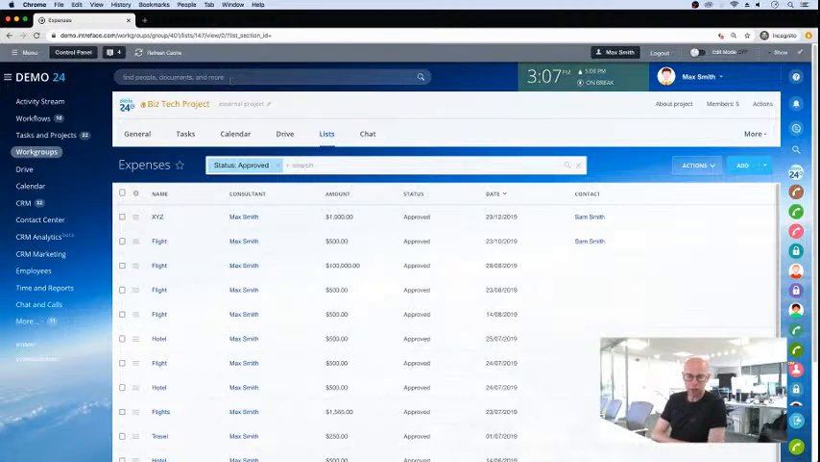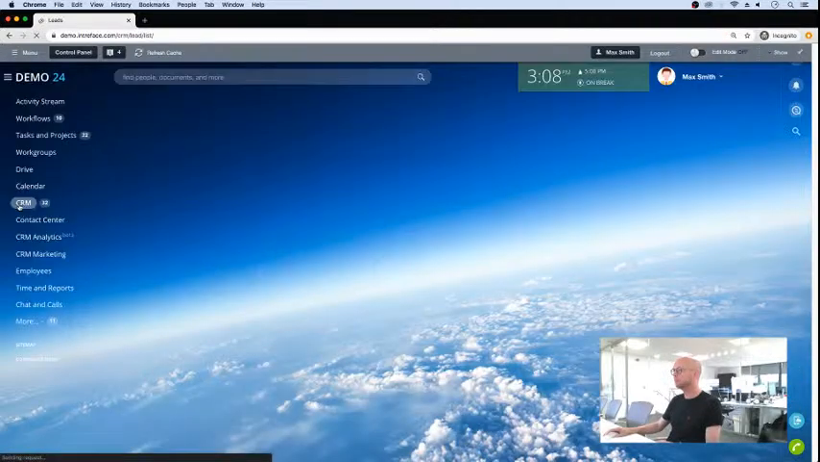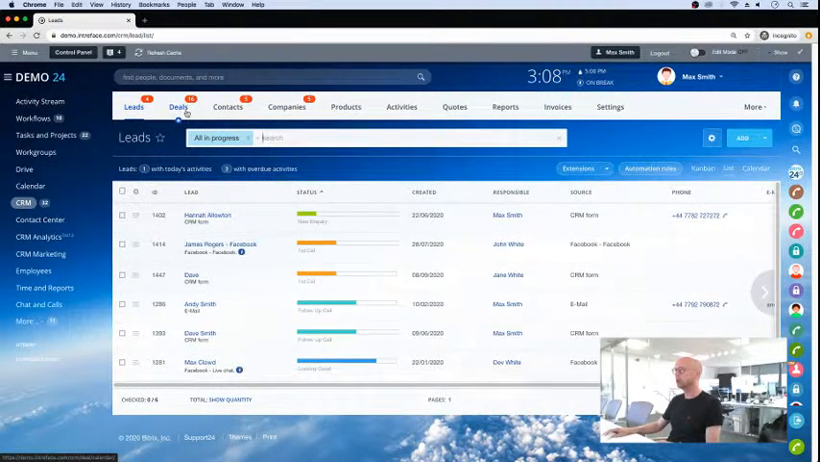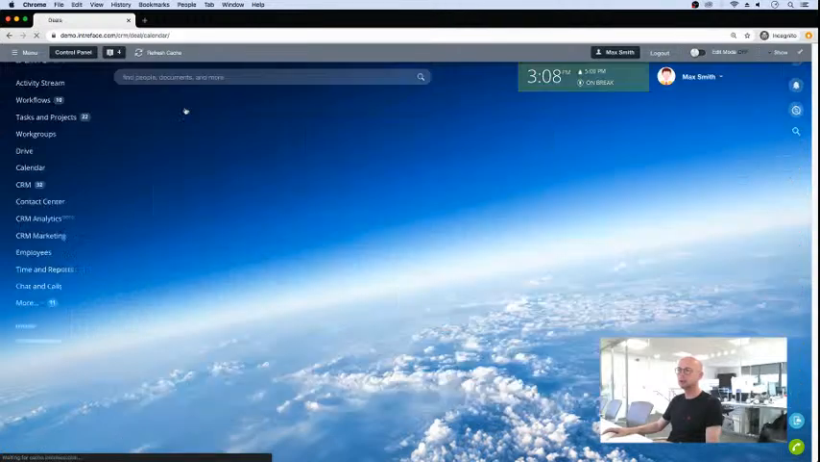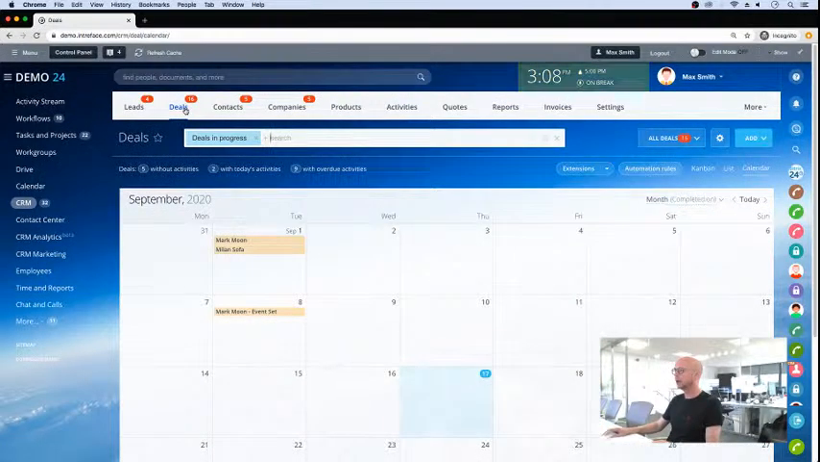Can you explain how pipelines work inside the CRM? Yeah. So pipelines work inside deals, and if we go into a list view of deals,